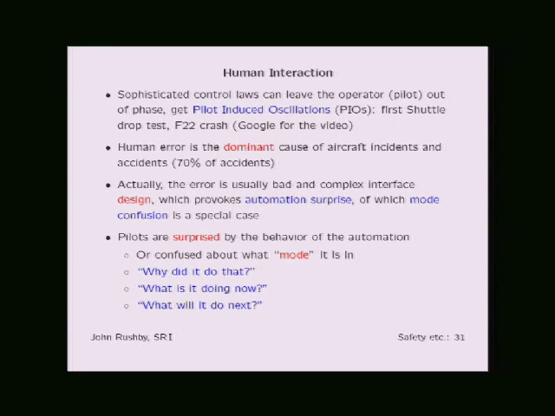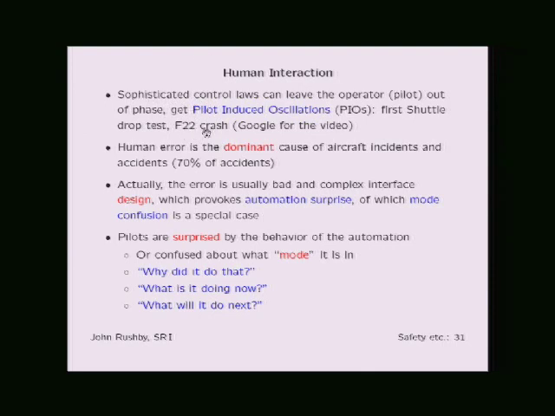So we're going to look at some examples of problems that arose in an avionics context. There have been well documented situations in aircraft incidents and accidents where people ultimately said the real cause of this was human error. In fact, it turns out that human error is the dominant cause of accidents or near misses. So if, for example, you go and Google F-22 crash, you'll find